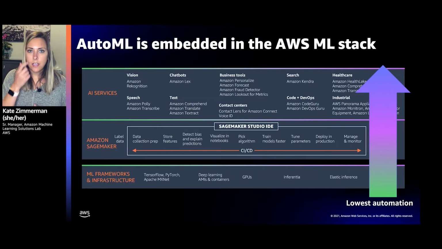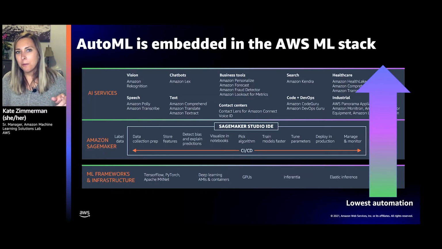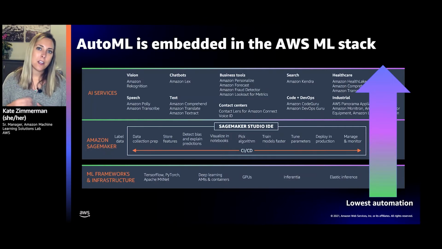So if you think about a service like Amazon Rekognition, which is completely pre-trained out of the box, that flywheel, basically every step has been automated for you, right? So Amazon has gone off and our data scientists have labeled the images. We've done all the feature engineering work. We've trained all the different computer vision models. We've tuned those models and deployed it for you so that you can just start making inference calls right out of the box. So here, again, this is as frictionless as it gets, definitely being the pro of using AI services. The con being that for your specific data and your specific use case, if it looks too radically different than what these top tier services have been trained on, they may not perform for your particular data type.